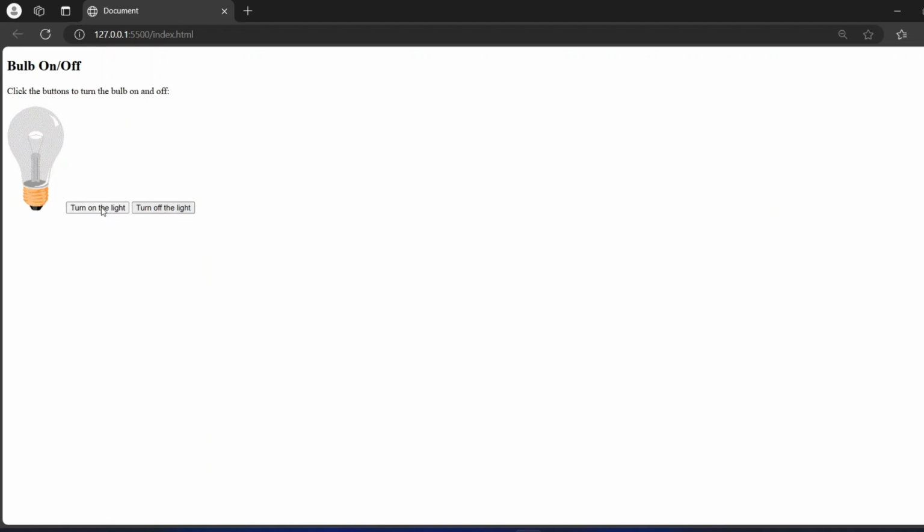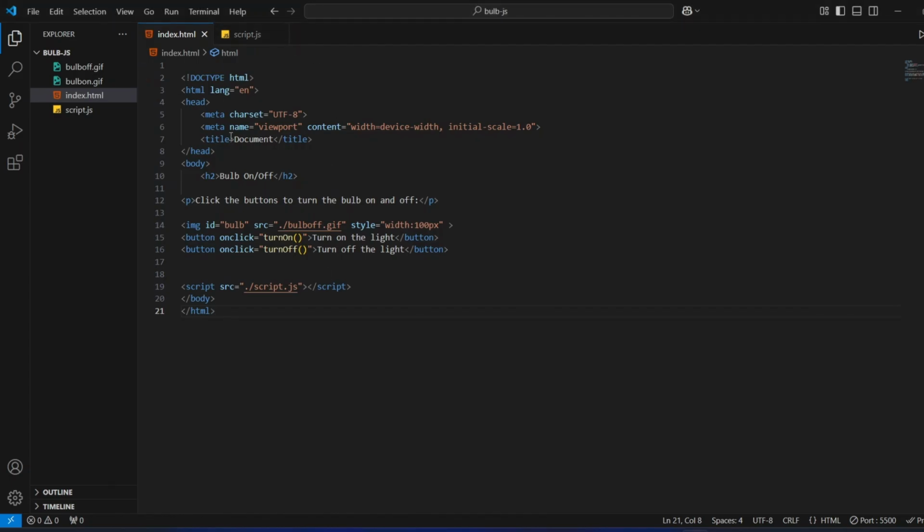First, let's start with the HTML. We'll create a basic HTML document with a heading, a paragraph, an image for our bulb, and 2 buttons. Here's the code. We start with the doctype HTML declaration, which defines the document type and version of HTML. The HTML tag encloses the entire HTML document. In the head section, we include meta information like character encoding and viewport settings, and set the title of the